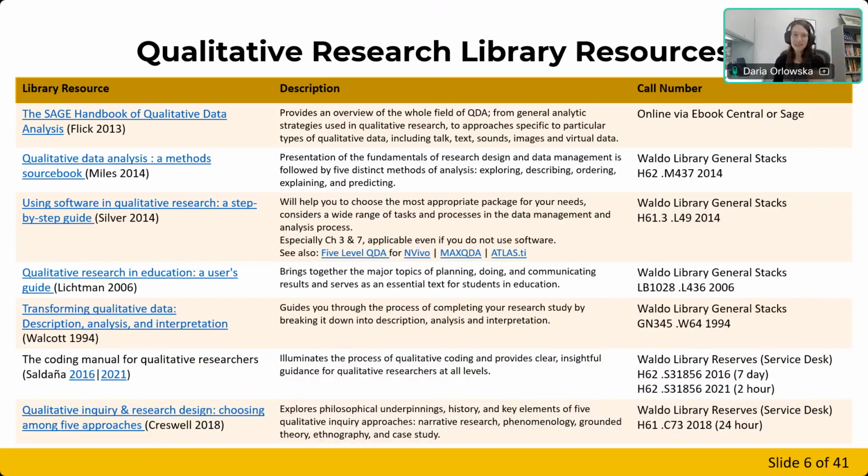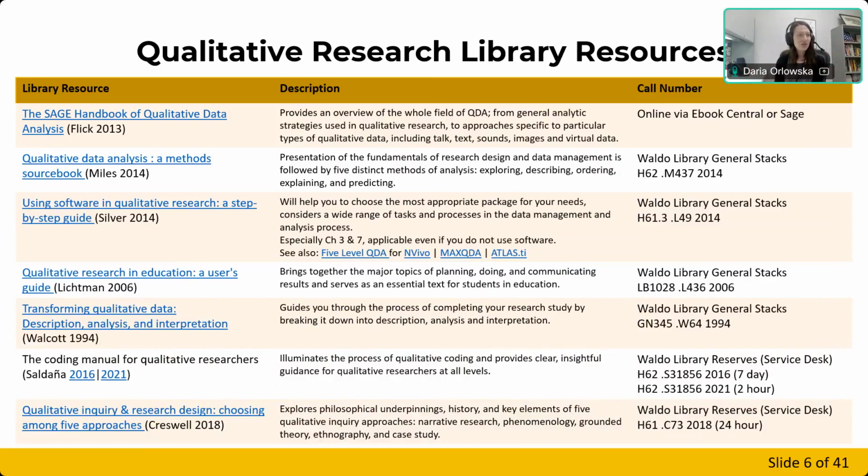I've also compiled some resources from physical materials that we have here in the libraries that you can check out at any point. Though the first one, I guess it is online, it is not physical. A lot of these are specific to tools, but some of them are more general as well. So if you are more of a, I will follow a book or look at a book to get some information, you can feel free to check these out.